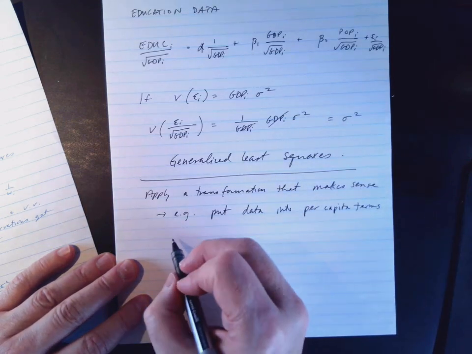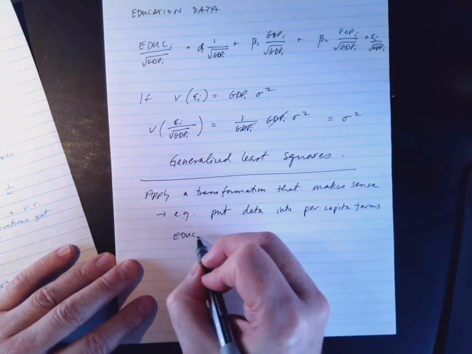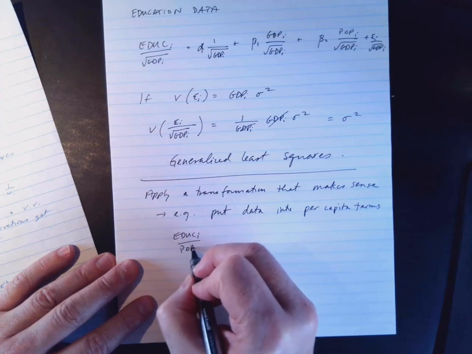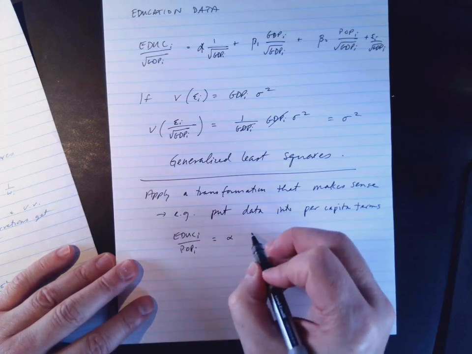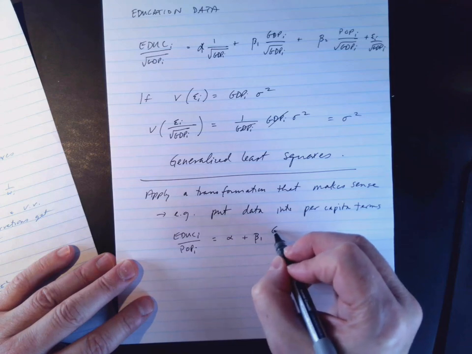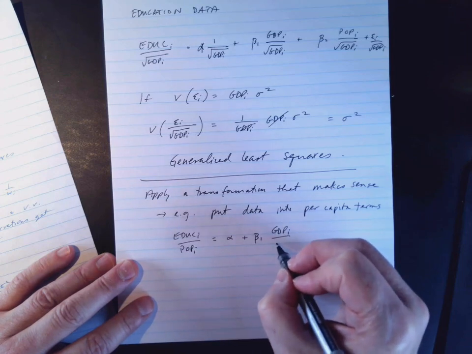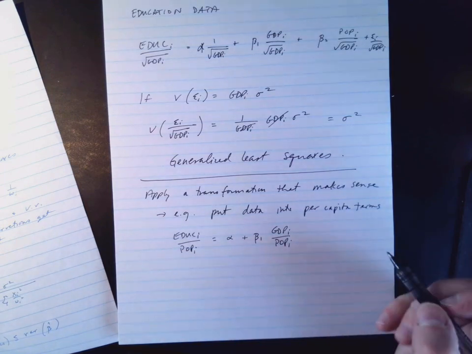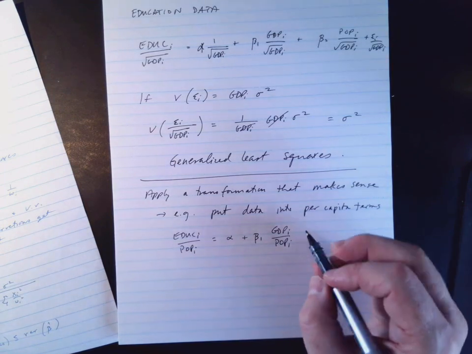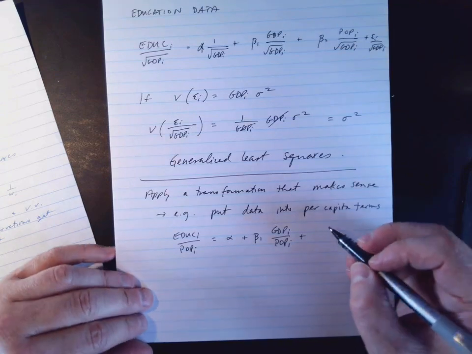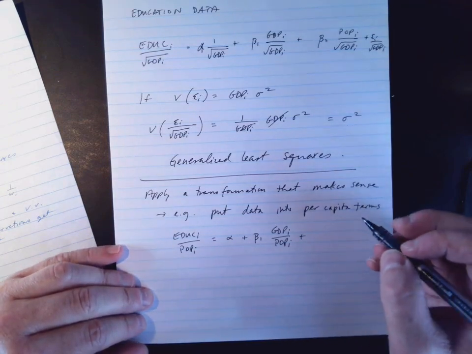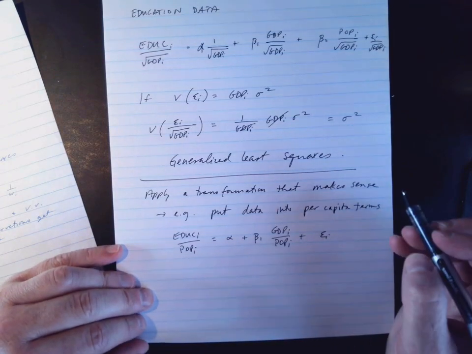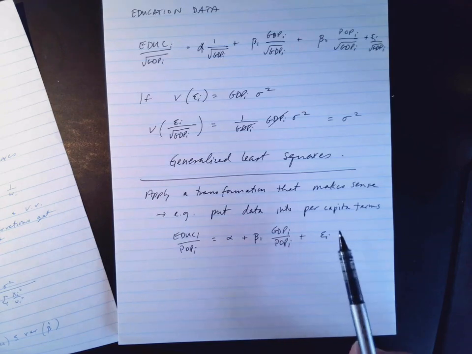So then the model would be education spending per capita equals alpha plus beta 1 GDP per capita. And then you don't have population per capita because that's just 1. And then you'll have an error term. So if you had heteroskedasticity in the original model,